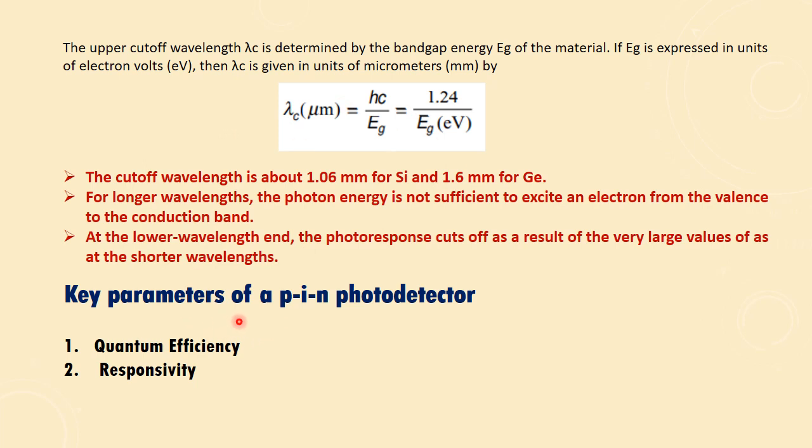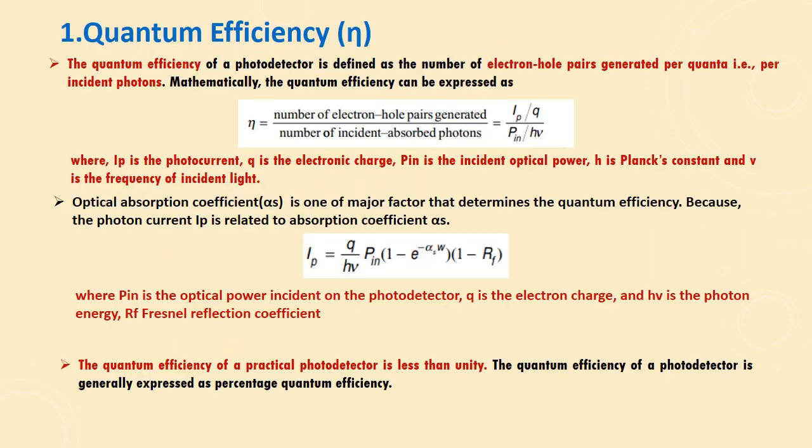Next is the key parameters of a PIN photodetector. The characteristics of PIN photodetectors can be measured by using two parameters. One is quantum efficiency, next one is responsivity. Quantum efficiency is represented in terms of percentage. Theoretically it is equal to 1, but practically it is less than 1. Since it can be represented in percentage, if it is 0.99 then we call it 99%. So basically, quantum efficiency is a ratio of